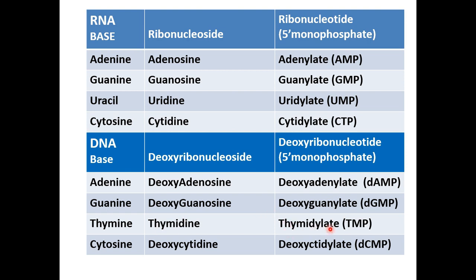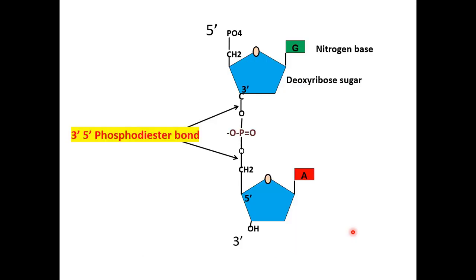Then you have to remember one more thing. In AMP, when it was ribonucleotide, you just wrote it as AMP. While if it is deoxyribonucleotide, you have to write a prefix, a small d. It will become dAMP, dGMP. Thymidylate, as I said, if you don't write d, it's considered. If you write it also, it is well and good.